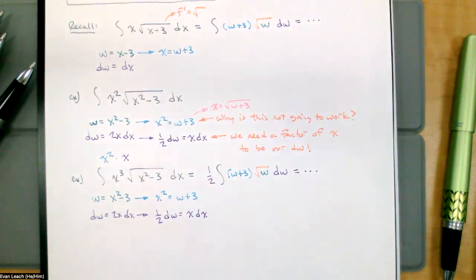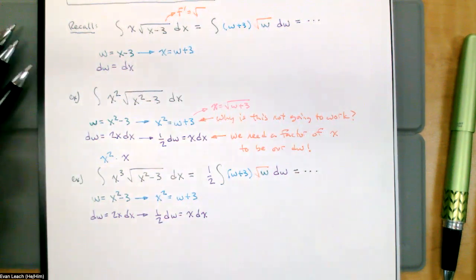So that messes everything up. So the outside x has to be one power greater, because the substitution we're making is an x squared, and I need that extra x to be the dw. Perfect question, by the way,